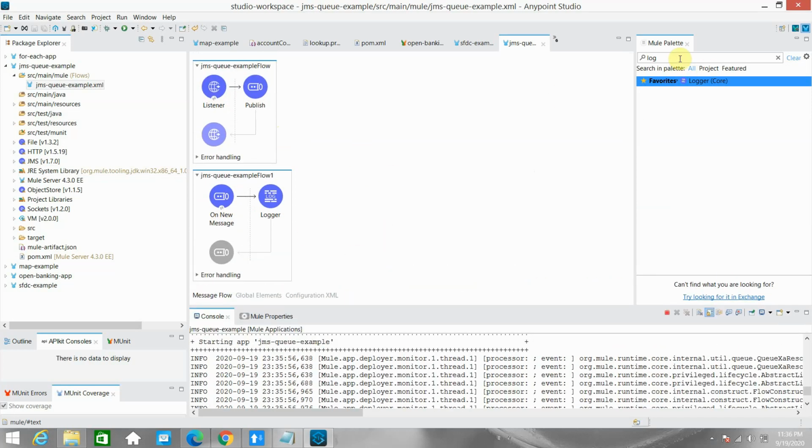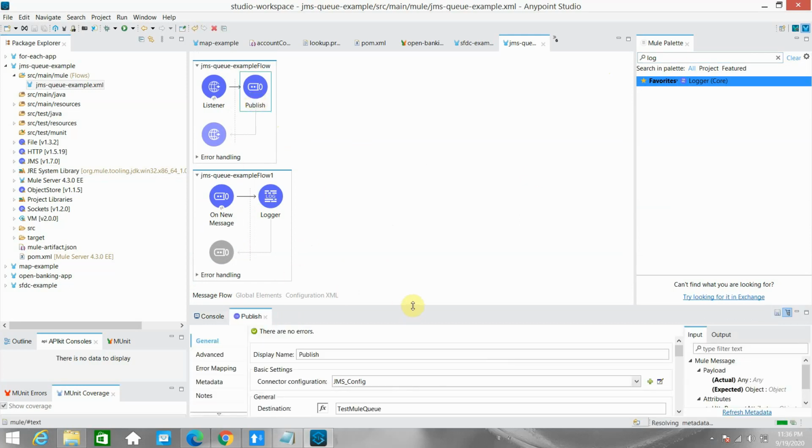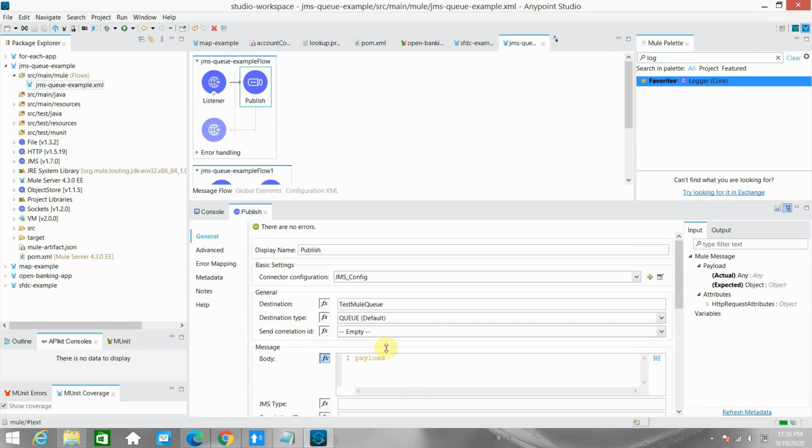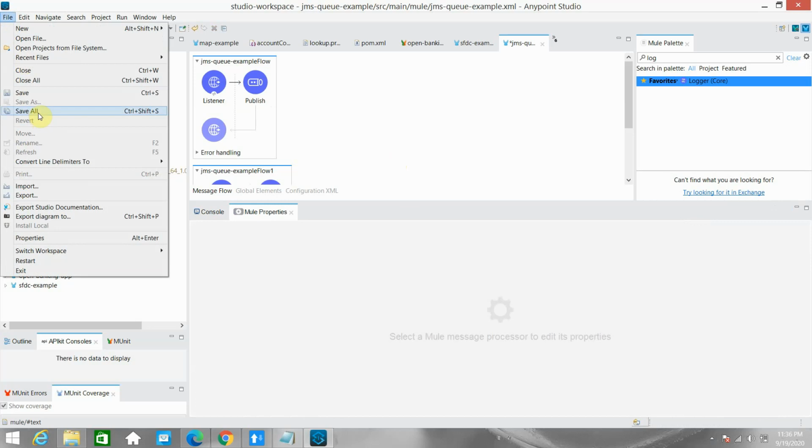And let me do one thing. If I give a different topic name which I have not created in ActiveMQ, what will happen in that case? Let me show you that example also.